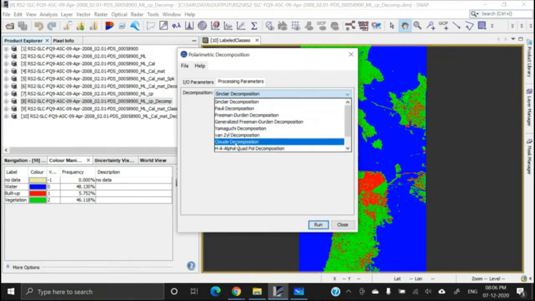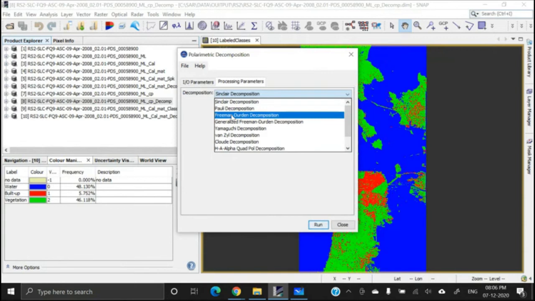So use other decomposition algorithms, and each decomposition algorithm will generate different files, and in different files the pixel values will also be different. Ultimately, their structure extraction capabilities, or the information extraction capabilities, of these decomposition techniques are also different.